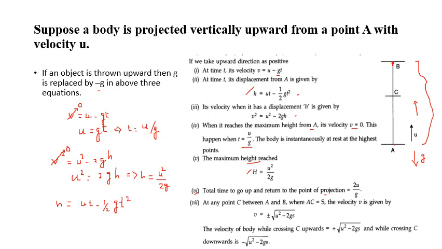So what is the total height? It reaches the same point again. From point A to B, and after some time it reaches point A again, the ground, obviously. So the height will be 0, since we are calculating the total time. Then the remaining terms: ut equal to half gt squared.